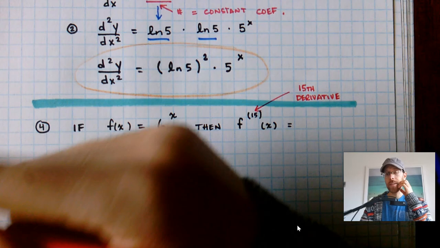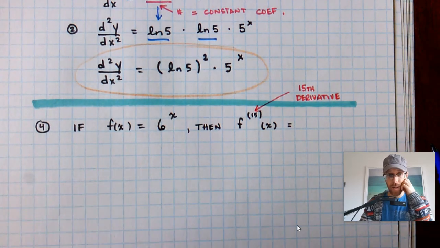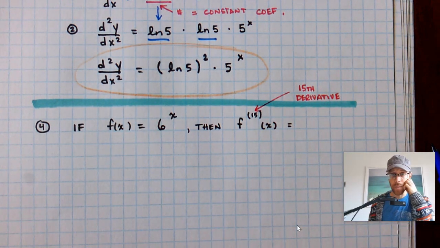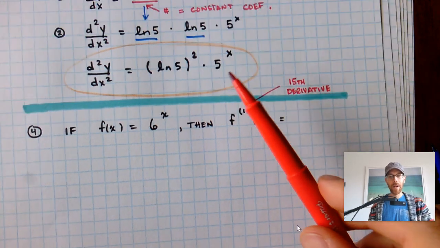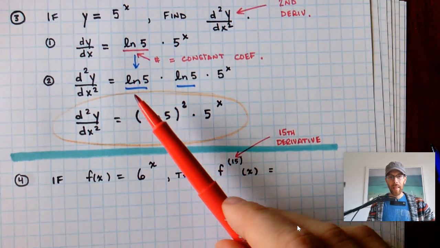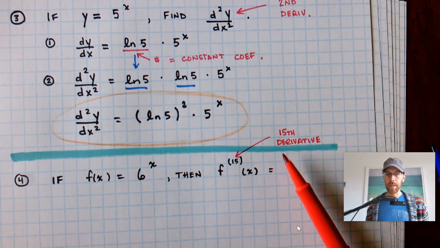Now, if you're thinking to yourself, Klein, you tripping, I'm not going to do that. I'm not taking 15 derivatives. I don't want you to. I want you to think smart. I want you to see if there's a pattern up here that would allow you to do this problem very